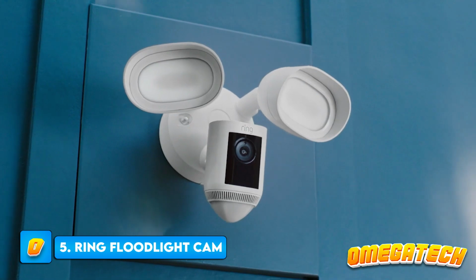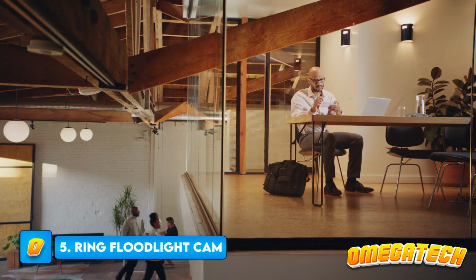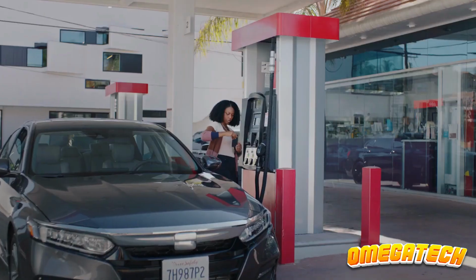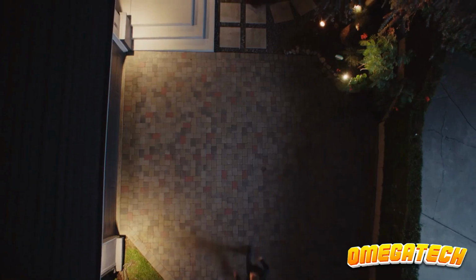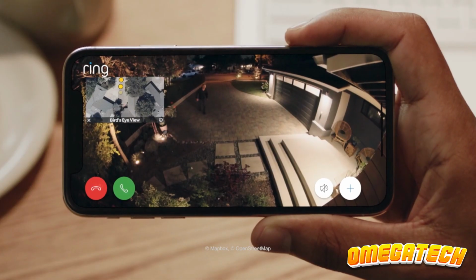5. Ring Floodlight Cam Wired Pro. The Ring Floodlight Cam Wired Pro is the best outdoor home security camera on the market if you're looking for one for your garden. Two 1000 lumen spotlights flank the full HD camera, which can capture clear video both during the day and at night and can be set to illuminate your yard if motion is detected in order to